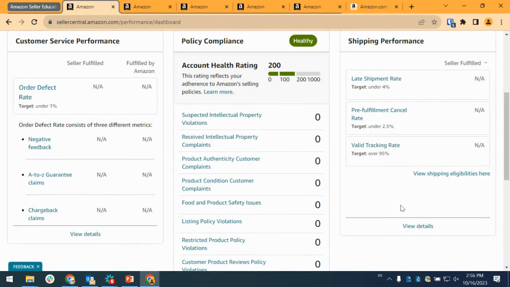So all these metrics will have impact. If you have lower metrics, your capacity limit will be affected as well. So if you do not keep to the target, you may have a lesser capacity for your whole account. Let's say if you want to do FBA, even though you're doing self-ship,